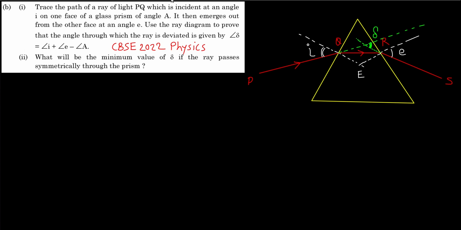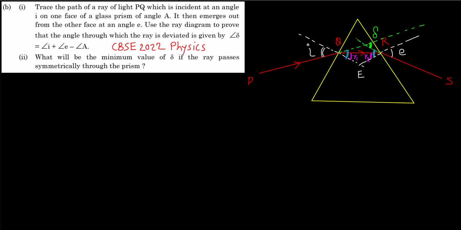Okay, so let us see how we will calculate this angle delta. So this angle is I, and vertically opposite to this will be the total angle I, right? Because these are vertically opposite angles, they will be equal. This is I, so this total will also be I. Similarly, this angle is e, so vertically opposite to this the total angle will also be small e. And now suppose this refraction angle after passing through point Q, this is R1 we say, and similarly at the point R, this angle here, this is R2. So this is R1, this is R2.